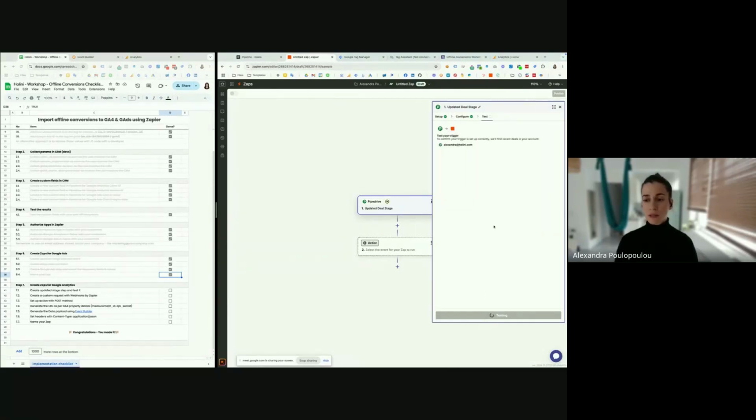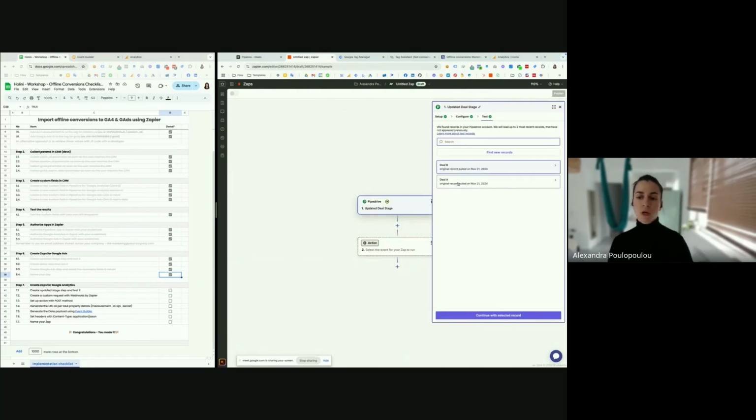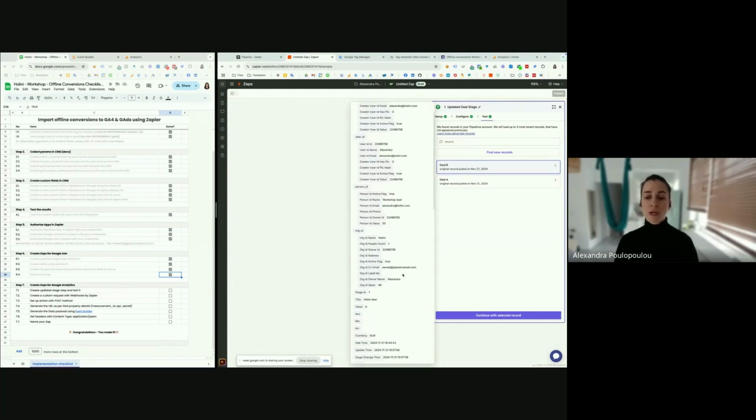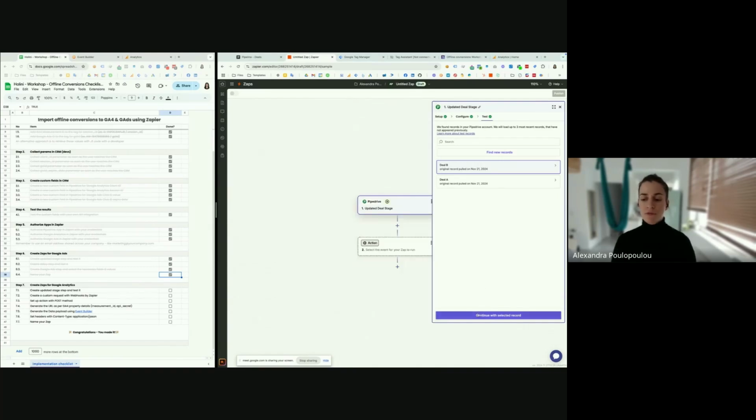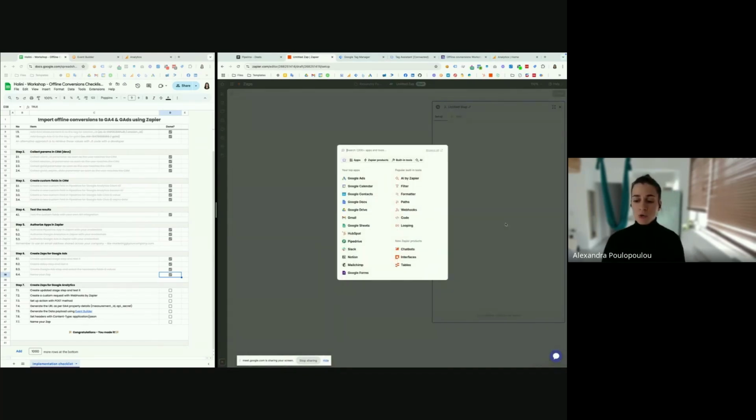We can test the trigger again, and this should bring back 2 results. Yes, it is the first one that we already had in place, and the second one that we created together, workshop lead, with all the values attached to it. So we move on to the next steps. For Google Analytics, we are going to use webhooks.